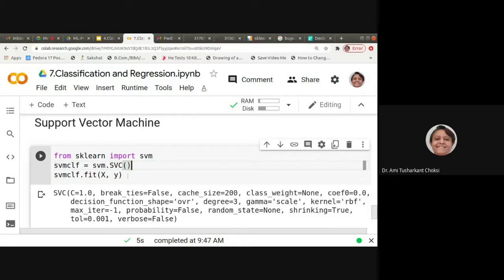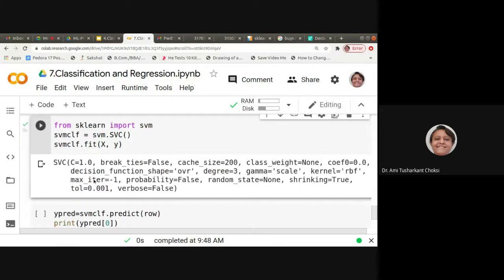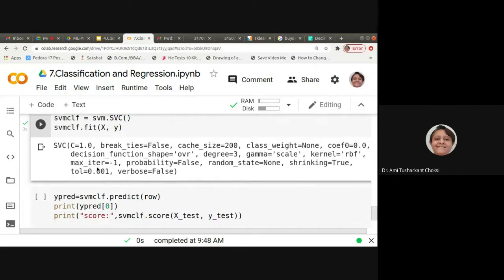We can train the model using the svm object, svm_clf dot fit, using this X and y. Fine. So when we do this, things are getting trained.